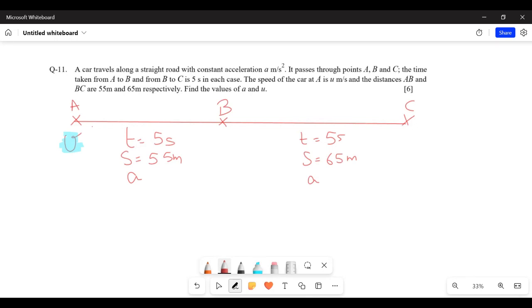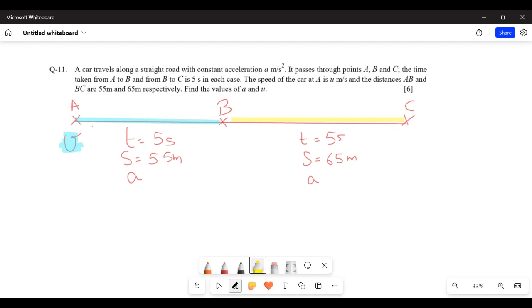We only have two parameters given to us, the time and the distance. We don't have U, we don't have A. Also, we don't have what's left, V. We don't know V either. So now what do we do? We have two different journeys. We have the first journey AB and we have the second journey BC. What we'll do is we'll form two simultaneous equations and then we'll solve them to get the value of U